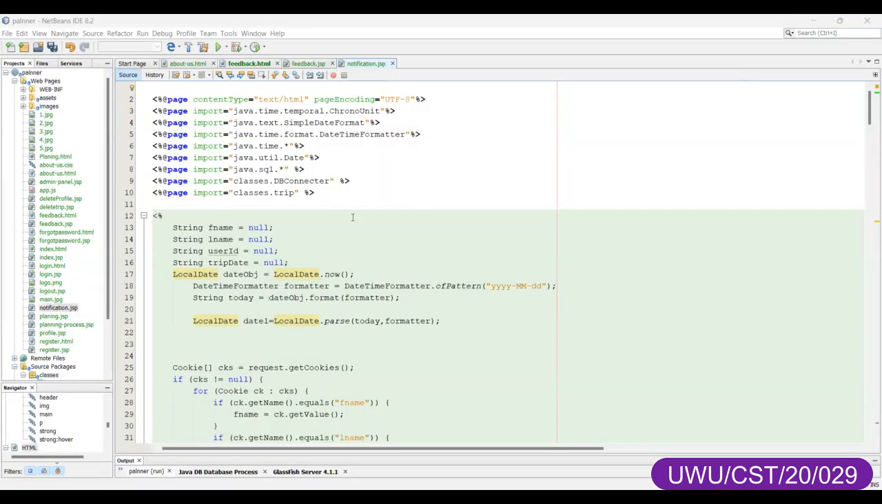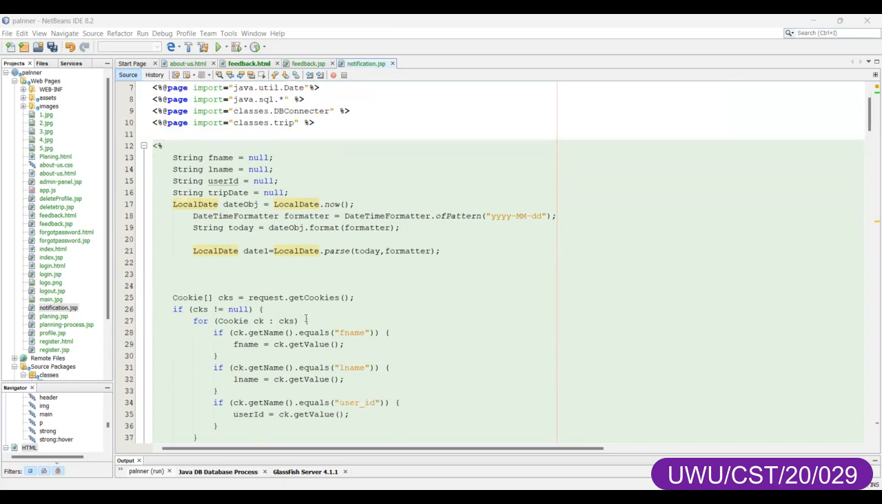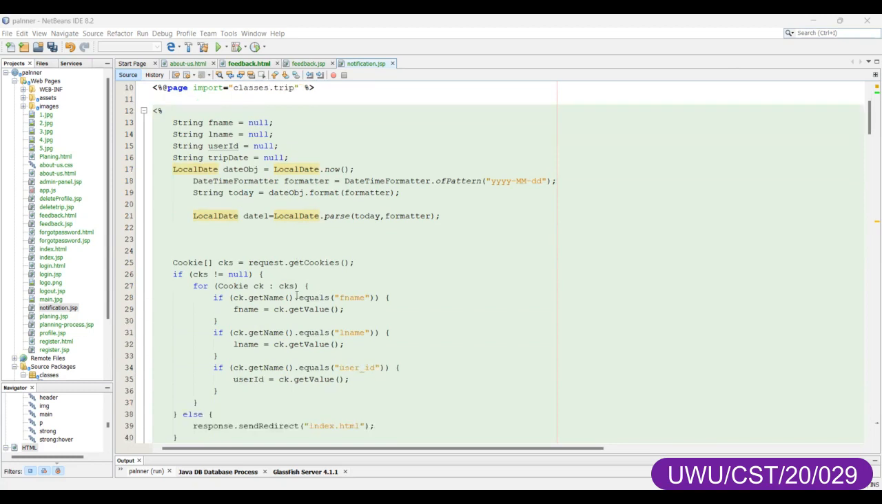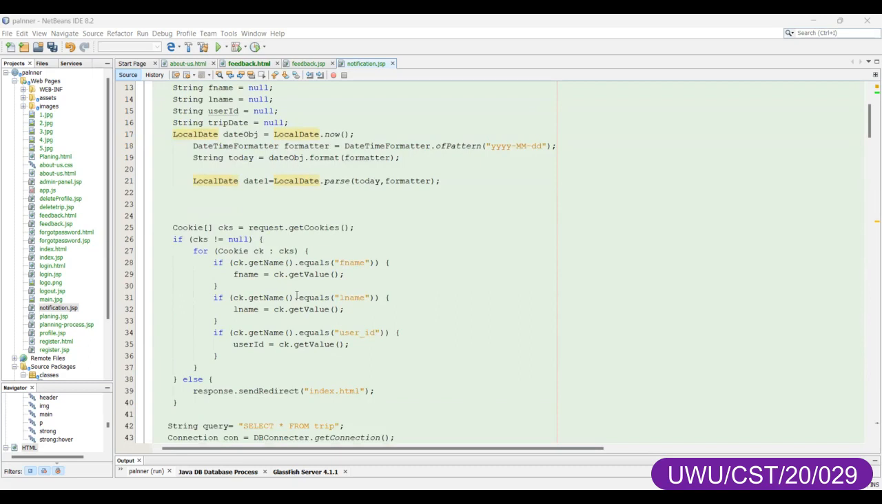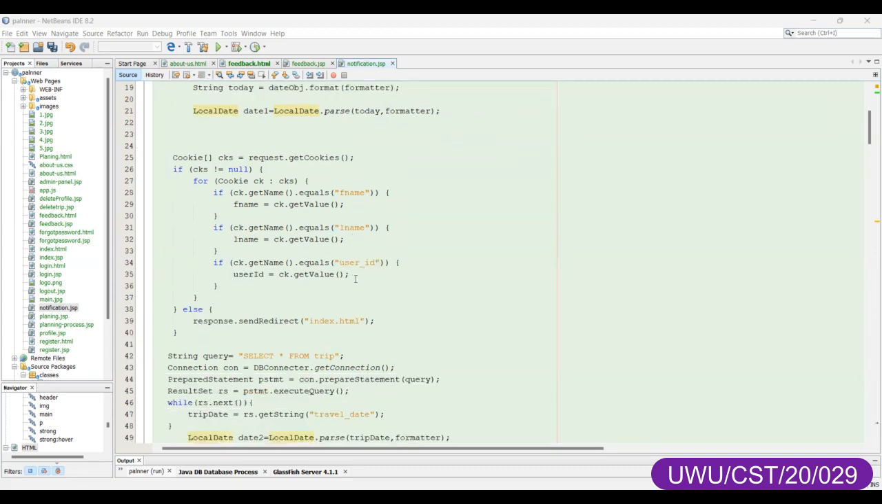So this is the notification.jsp file. The code begins with several import statements, and similar to the previous code, the script retrieves cookies from the user's browser using request.getCookies. It gets user information like first name, last name, and user ID. If cookies are found, it stores the values in fname, lname, and user ID variables. If not, the user is redirected to the